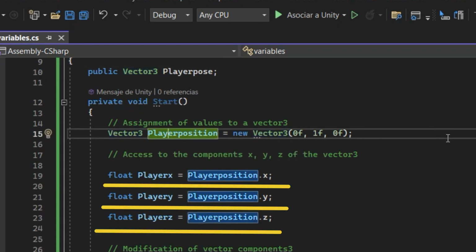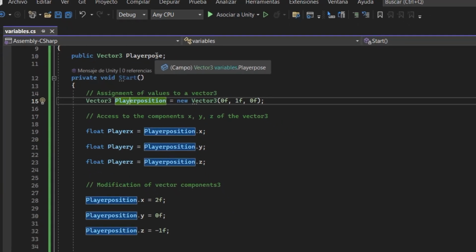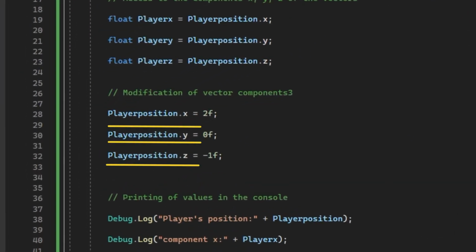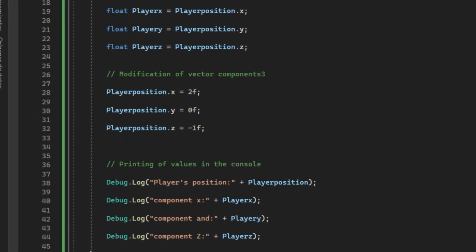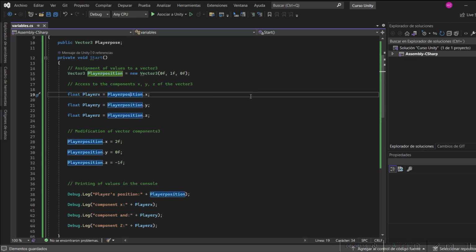Then, the components x, y, z of the Vector3 are accessed using the properties x, y and z. You can also modify each component individually, assigning a new value. Finally, Debug.Log is used to print the values of the Vector3 and its components in the console. Vector3s are widely used in Unity to represent positions, addresses, speeds, scales, and any other type of information related to